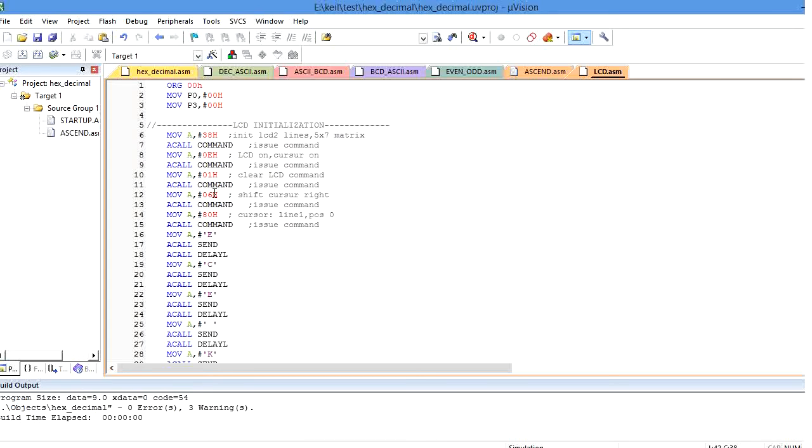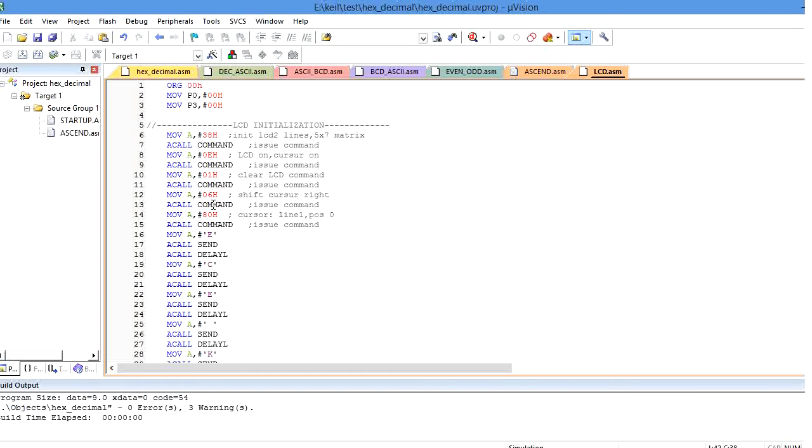Similarly, next I want to make the cursor shift from left to right. So what command do I have to use? MOV A, #06. 06 is the command to make my cursor shift from left to right here. That is the value I am going to store into the accumulator. After that I call the function ACALL command here.